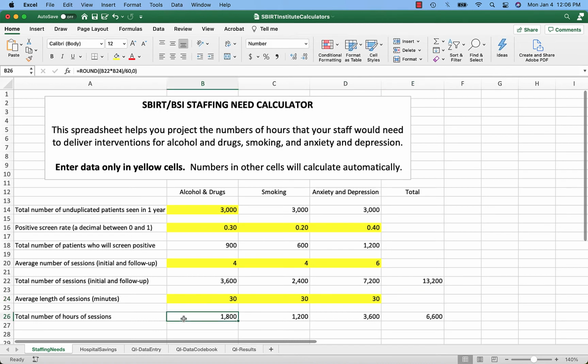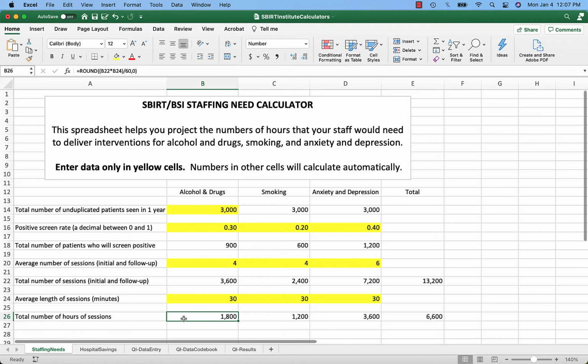In row 26, you'll get the ultimate answer you were seeking: the number of hours per year you can anticipate spending to deliver interventions for each behavioral topic in columns B, C, and D, and across all topics in column E. Notice that to deliver an average of 4 30-minute intervention sessions to a population of patients with a 30%